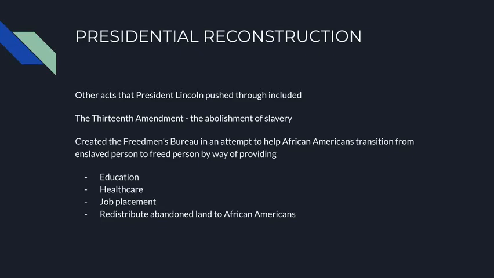All right. Now, some other things that the president did during presidential Reconstruction included the passage of the 13th Amendment, the abolishment of slavery. And another thing that President Lincoln created was this thing called the Freedmen's Bureau. It was an attempt to help African Americans transition from an enslaved person to a free person by way of providing education, healthcare, job placement, and the biggest thing it was going to do was redistribute abandoned land to African